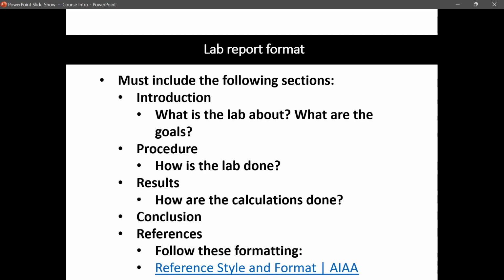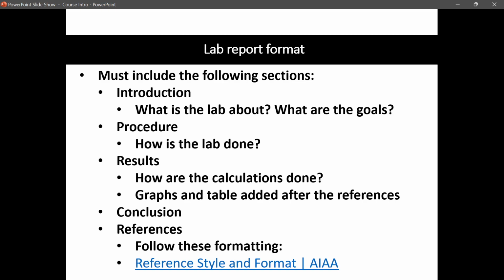Any questions so far? Okay, so this is the first part of the lab, the written portion of the lab report. So I have to explain everything. Maximum 2 pages. It cannot be more than 2 pages. And all of the fonts and everything are